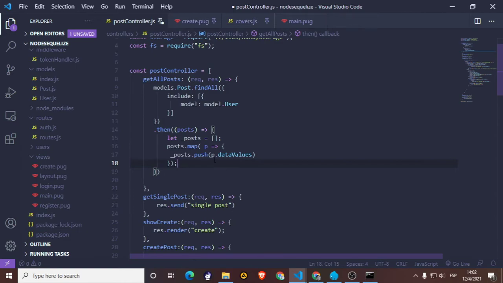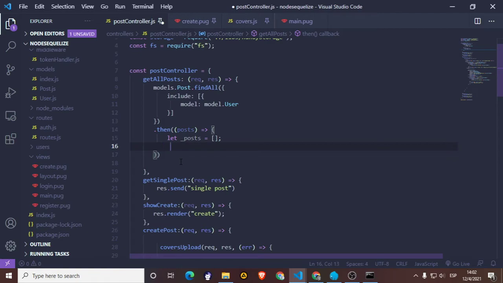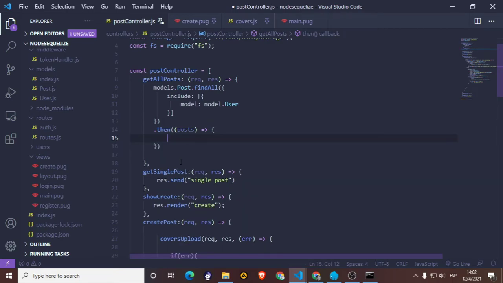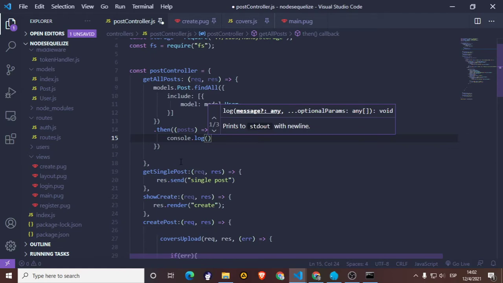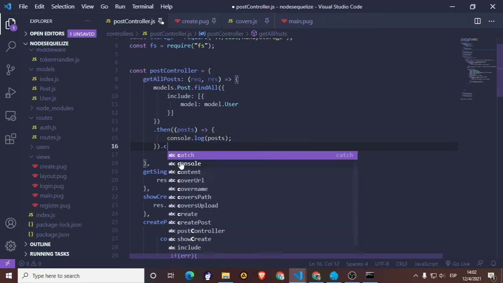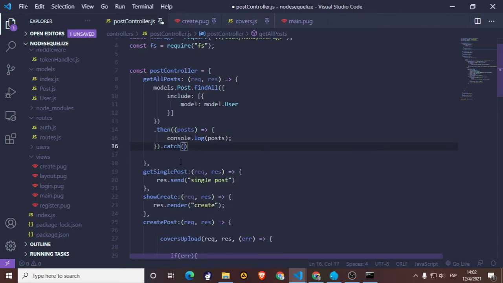Let me just do something, guys, because maybe, I want to see how this returns. Okay, let's just make a quick break here. Console log posts. This post, how is it coming? Let me just catch whatever is going to happen here. Whatever error happens, let's just,